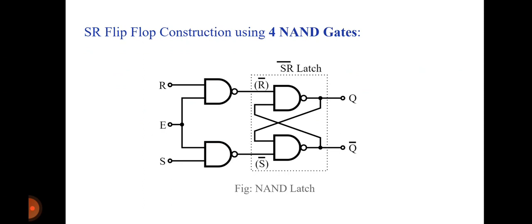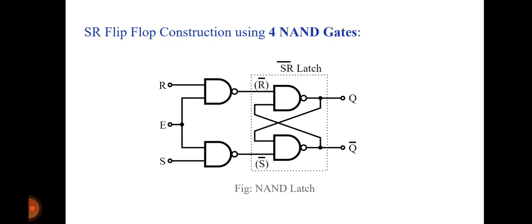And the construction of SR flip-flop by using 4 NAND gates. Here, four NAND gates are used. It is a similar way: first the inputs set and reset are taken, and E means enable, that is the clock pulse. These two inputs are given to the two NAND gates separately, and then the outputs of the first and second NAND gates, let it be R bar and S bar,